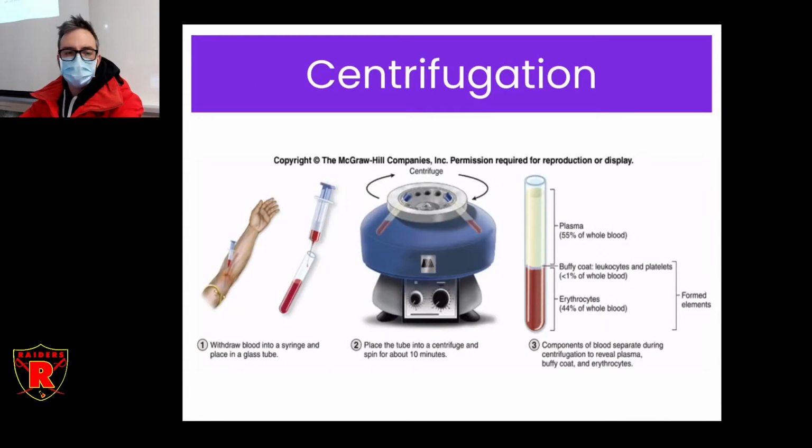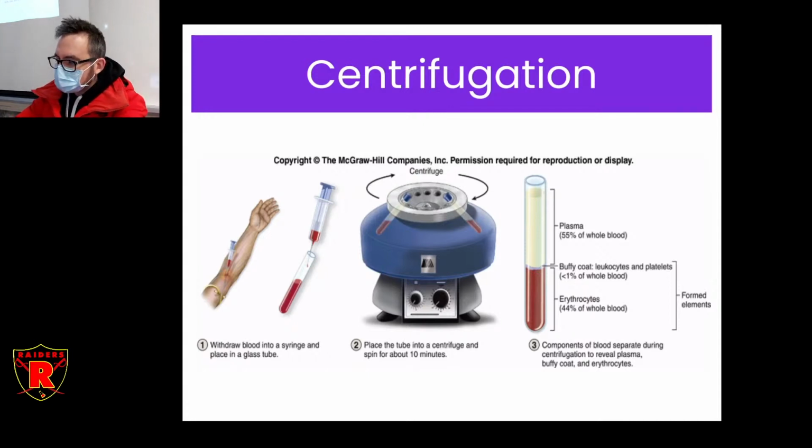Okay, so let's say that you took a blood sample. And you probably had this done at some point, I would assume. Maybe not. But you can take that blood sample, put it in a centrifuge, spin it up. We used to do this lab in grade 11. We're not allowed to use human fluids anymore. This is right when I started teaching. We used to do this, but no human fluids allowed in the lab at school, so we don't do blood sampling. But you spin the blood sample down,